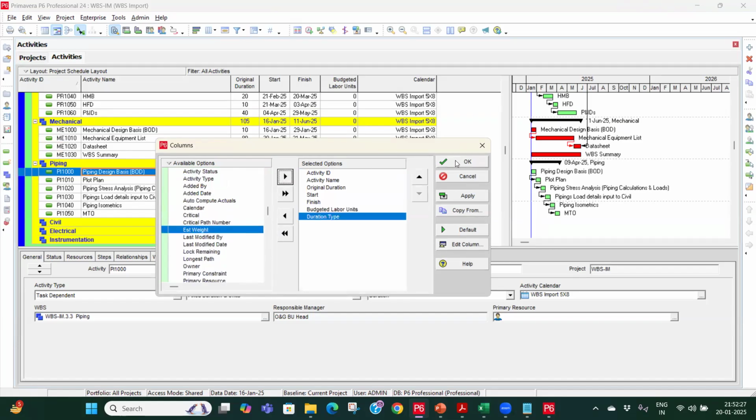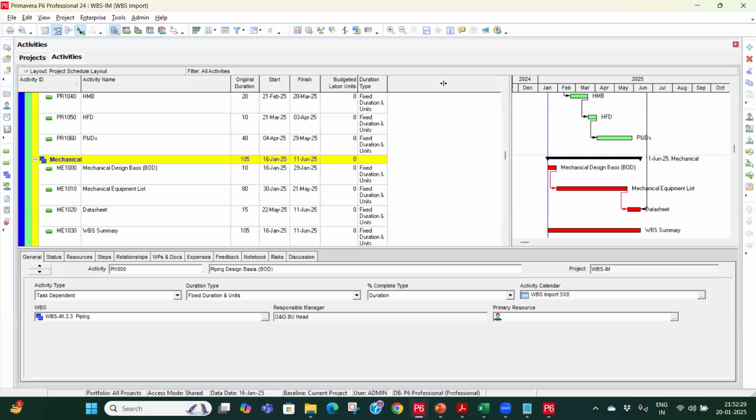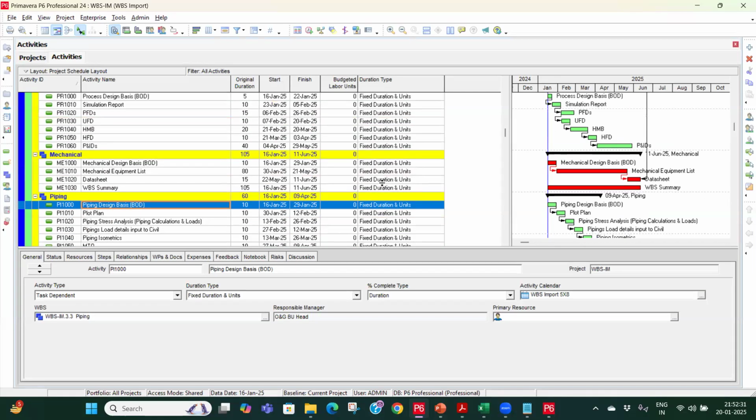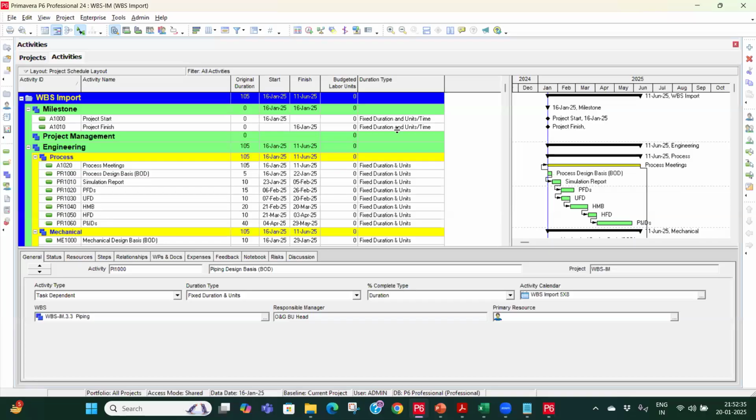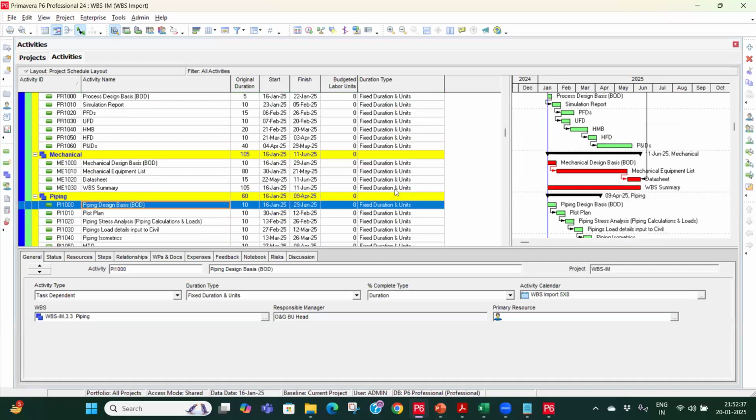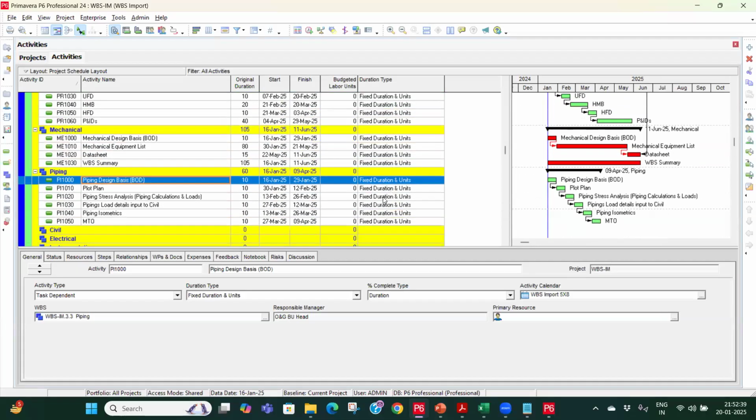Okay, over here. Now you see all the activities are assigned fixed duration and units per time except the milestone one. Okay, so for this particular one, if you click over here, it will give you a